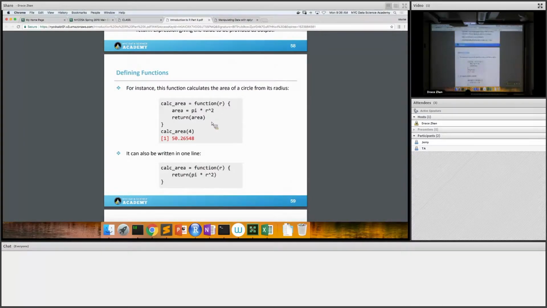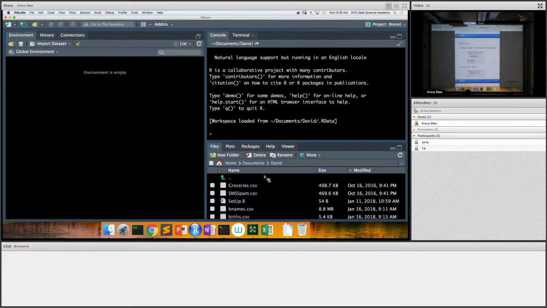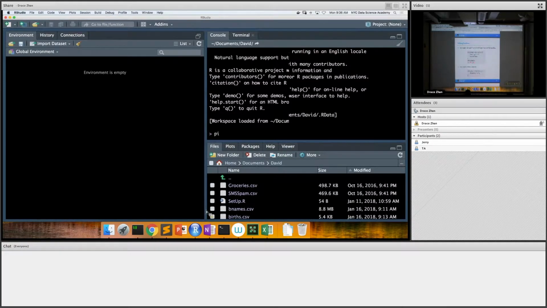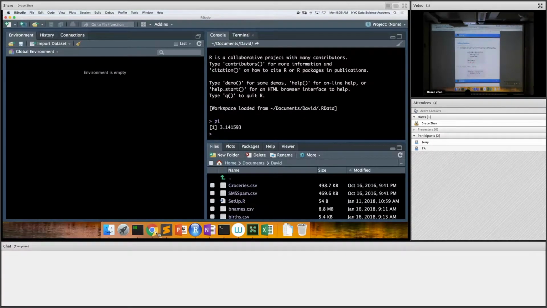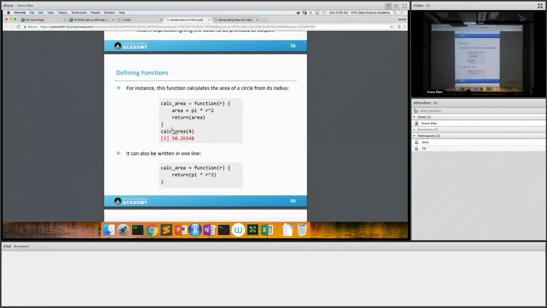Okay, so here is our first example. I recommend you type this out. It'll keep you active and you can feel it. So we have a function called calculate area, calc area, and we type out function to create this. We decide on our parameter to it, which is going to be r in this case, and then we open a bracket to define our function, and inside it we define a variable called area equal to